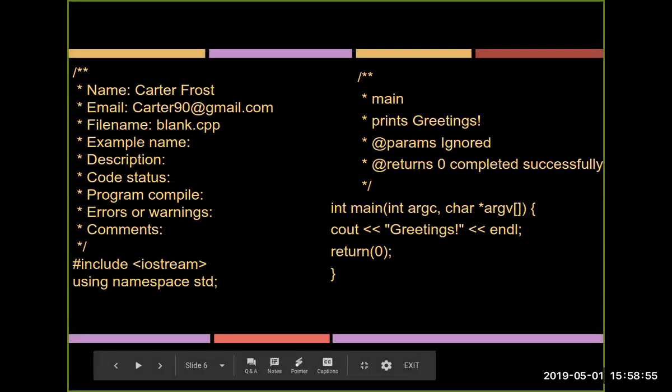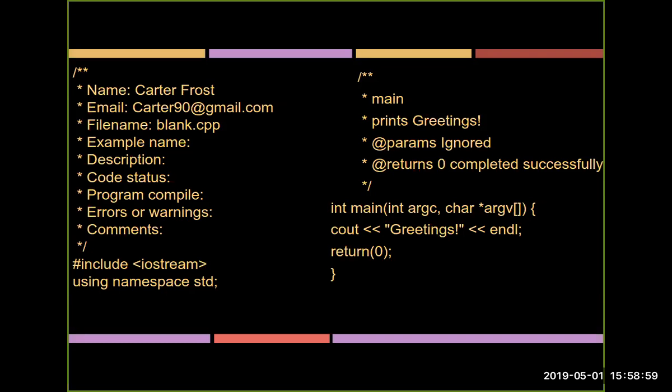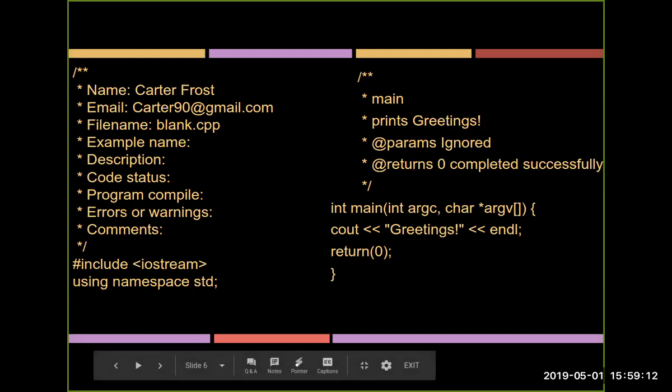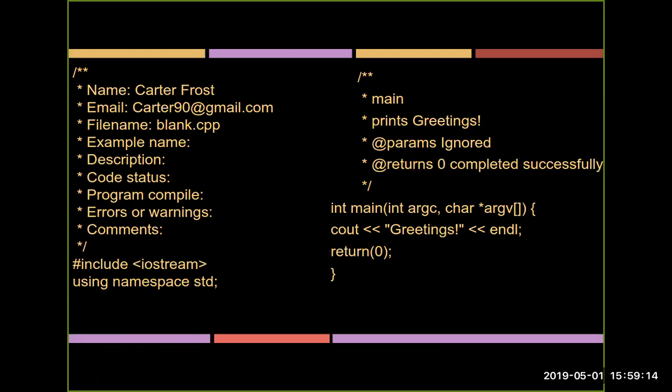So here's an example of the file that I've pretty much used at the beginning, throughout the semester. I have the file called blank CPP, and it's what I copy whenever I'm doing an example. This is what I copy from to start off. And so you see I have all of these crazy tags. And really this name should have an @author and an @email and whatnot. But this is useful